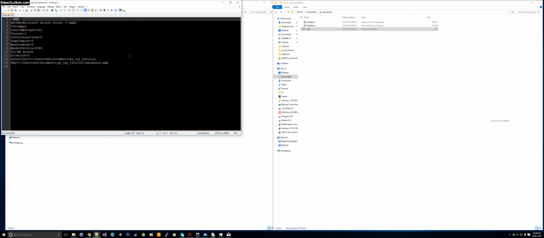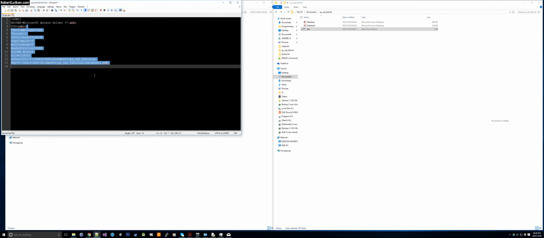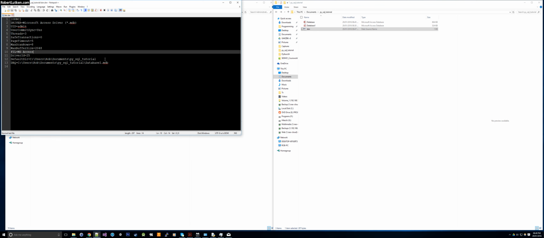So this is our new connection string. It's quite long, and it's not very Python friendly at the moment because it's got all these new lines. If you just stuck that straight in Python, it wouldn't be very happy. So the first thing we're going to do is delete the first line. So just backspace there, and then